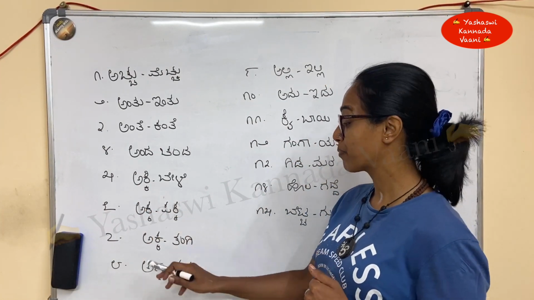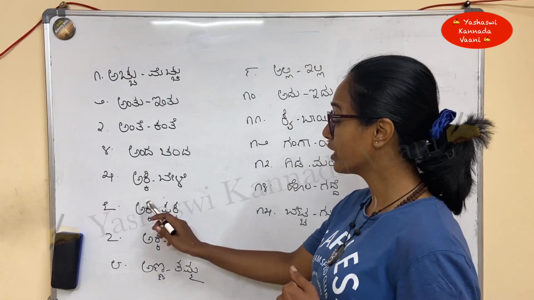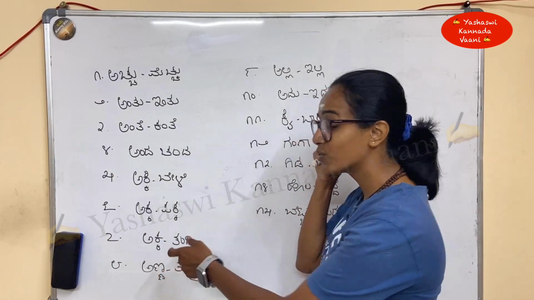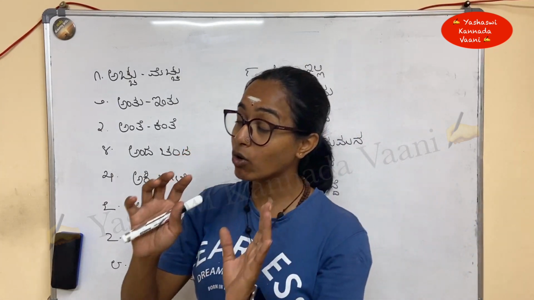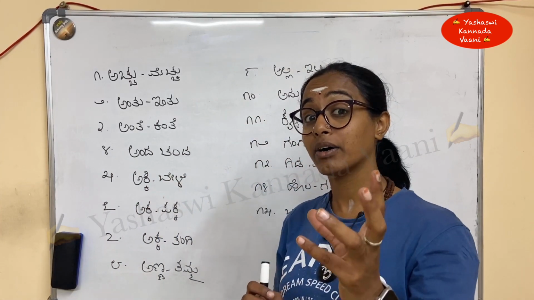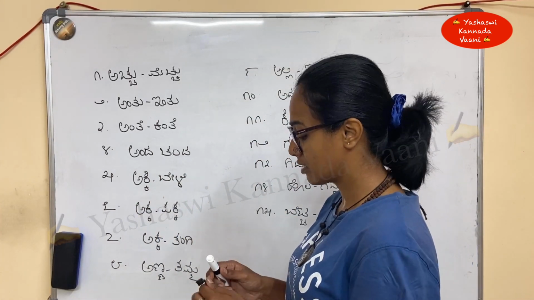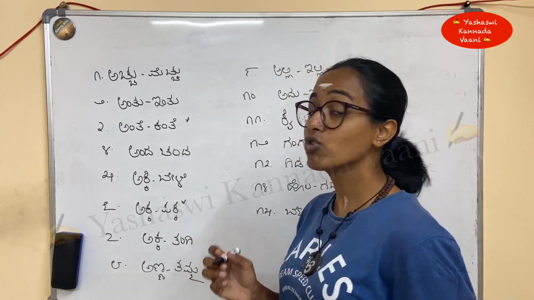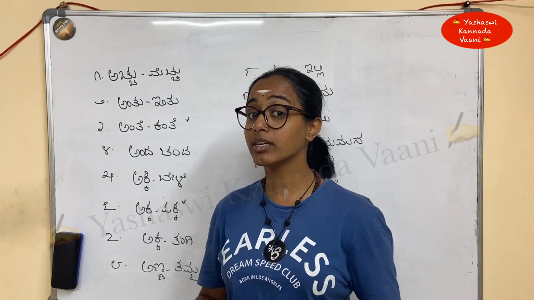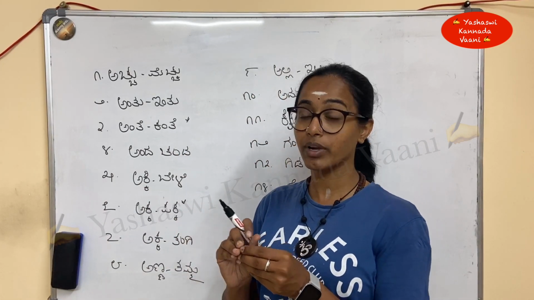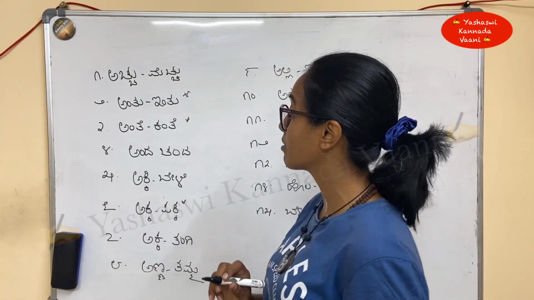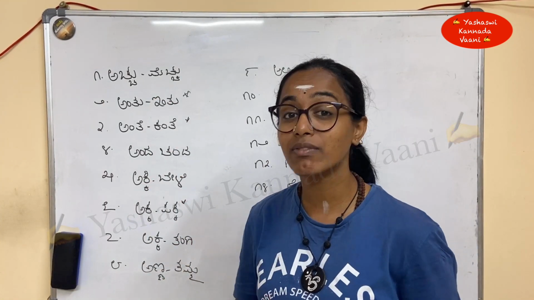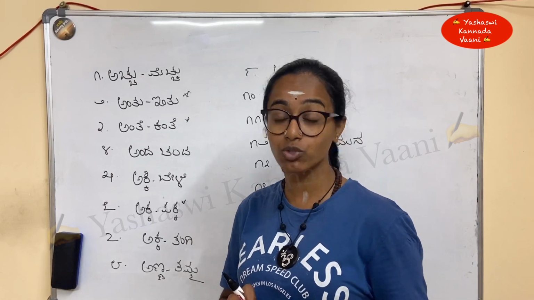Akka pakka. Akka tangi. Don't get confused with these things. Okay, these are always used together. These are different, separate words which have a meaning, and they can also be used as a Jodi pada. If you observe akka pakka and ante kante, we have to use them together. If you don't use them together, the single word doesn't have a meaning. Antu intu and all, these don't have a meaning alone. But in these other cases I can get a meaning for the single word also. We have two types of Jodi pada here.